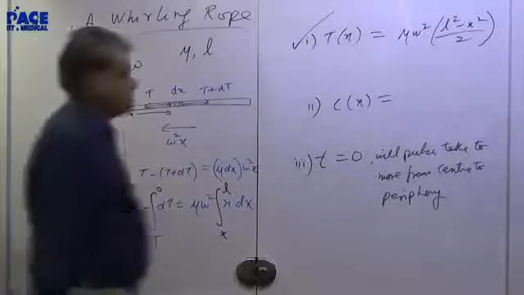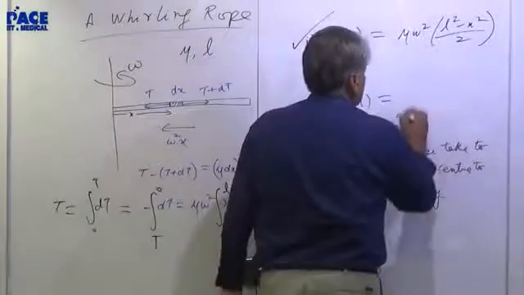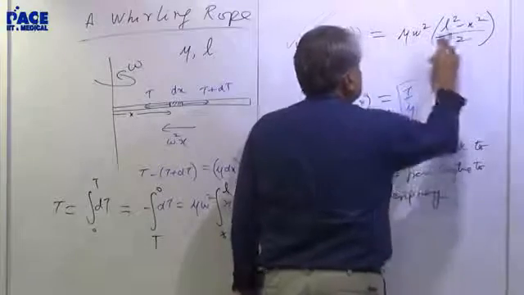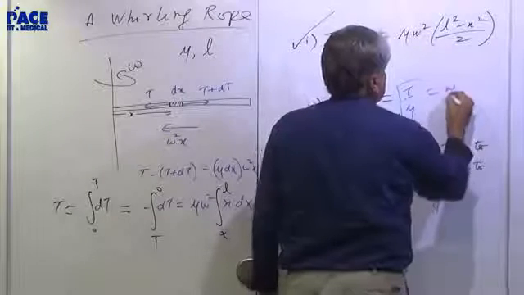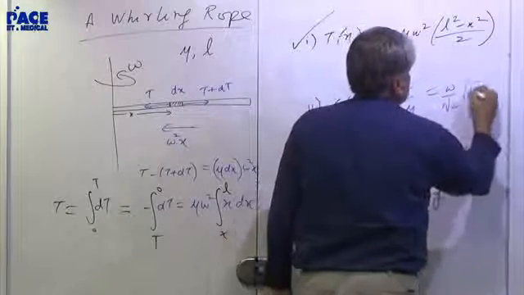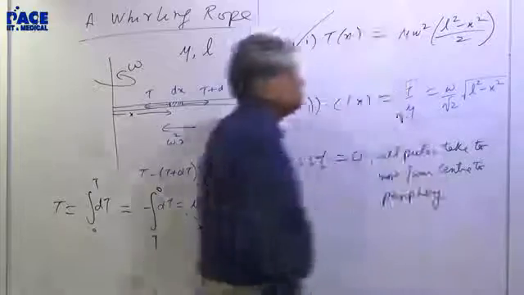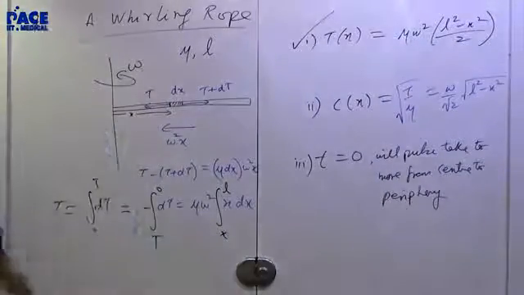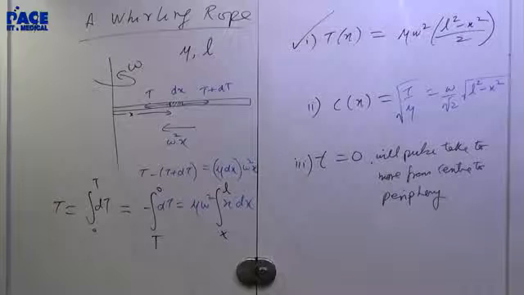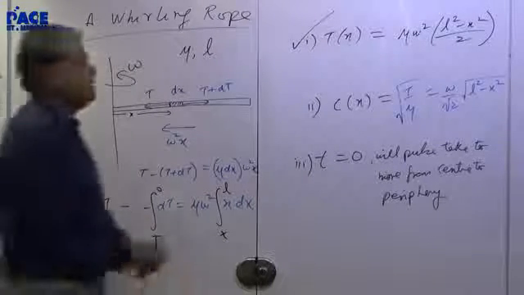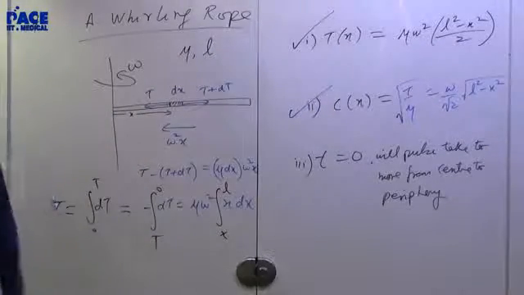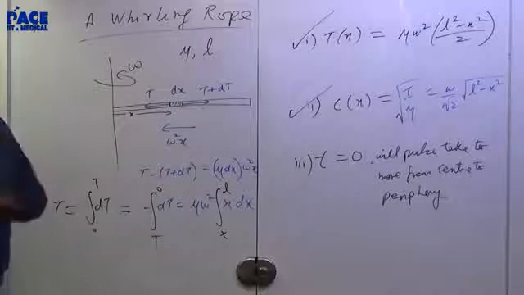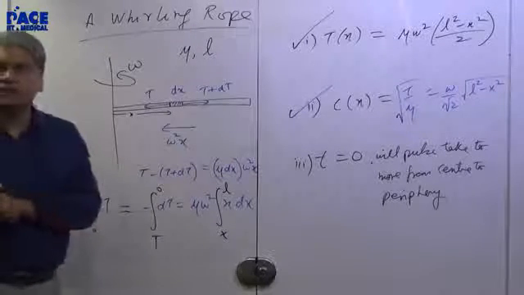What is the speed at distance x? Root T by mu. So divide this by mu, this is T divided by mu. If you take an under root, shall I leave it like that? T by mu under root, omega comes out, root 2 under root, and root of L square minus x square. This is the speed. So it's a variable speed. Tension is varying, so speed will vary. So with the variable speed, how much time will you take? That's the next part of the question.